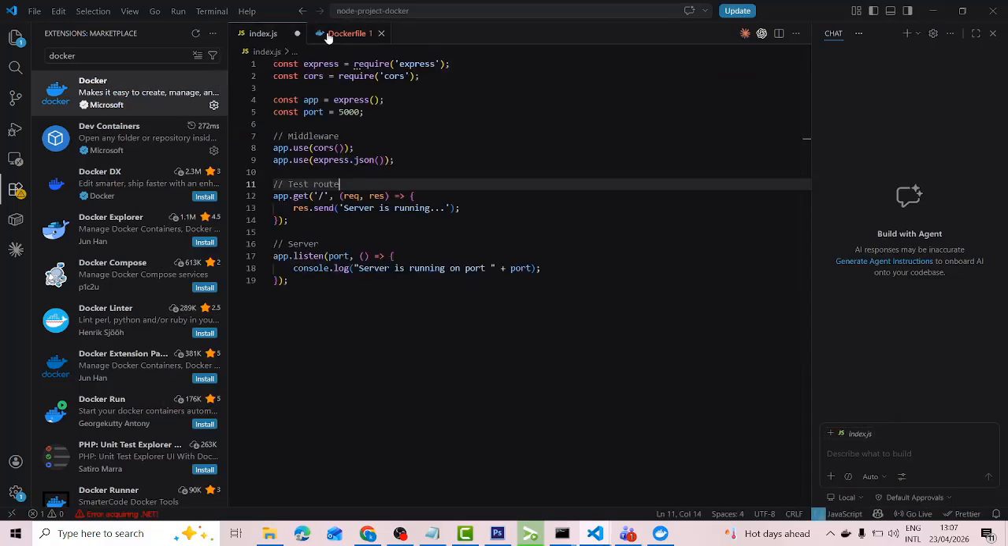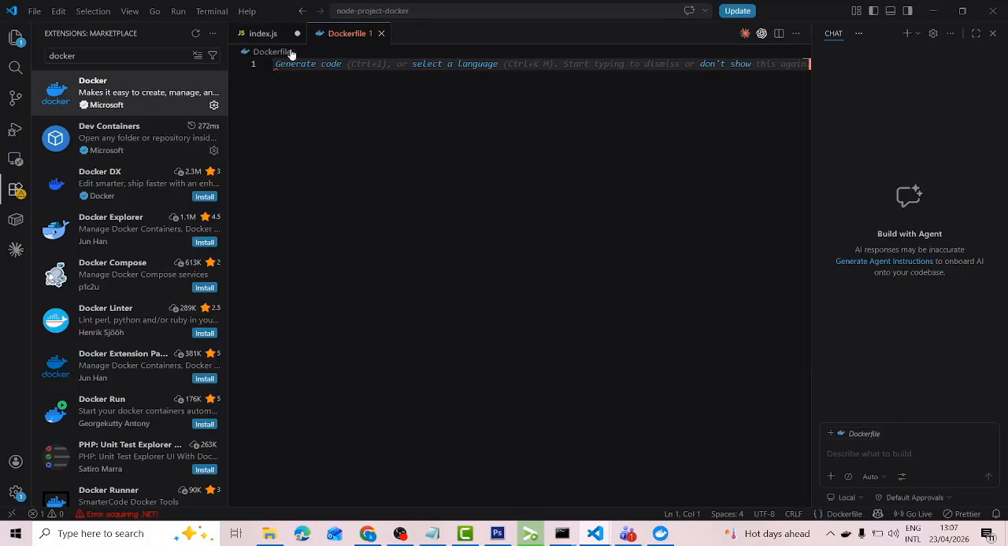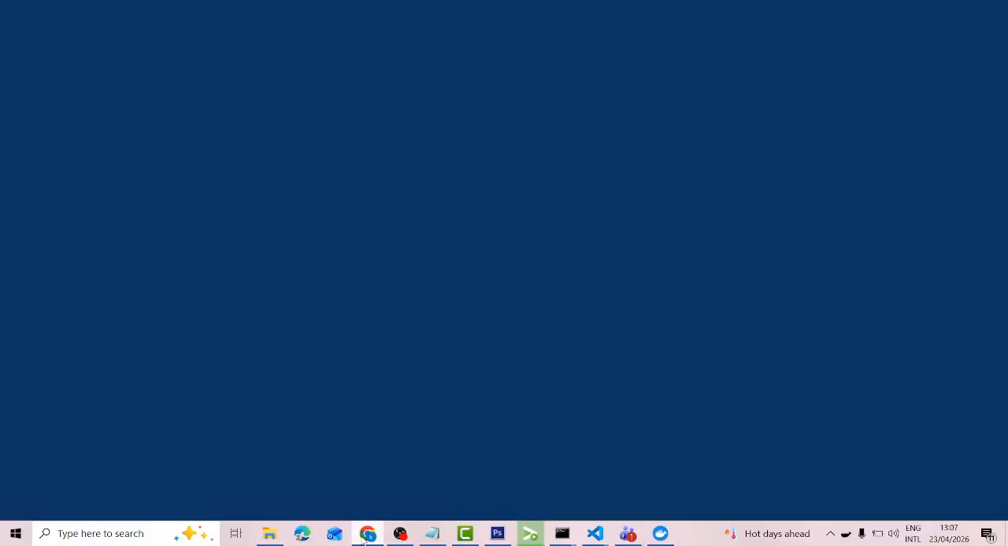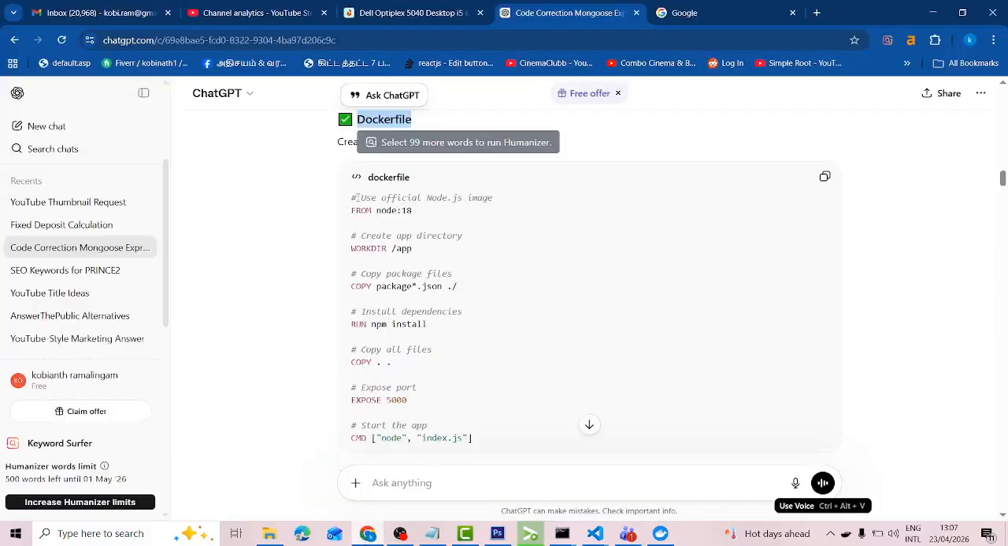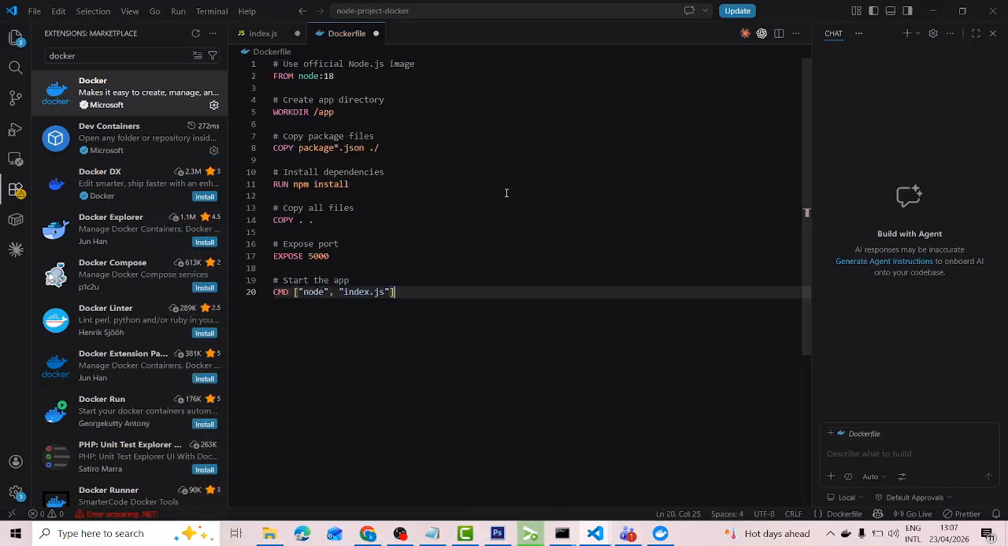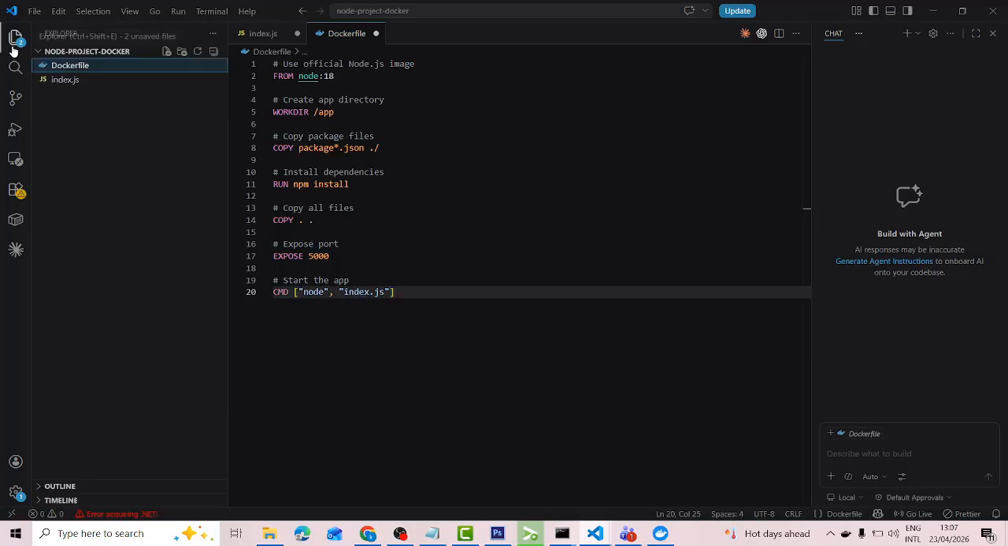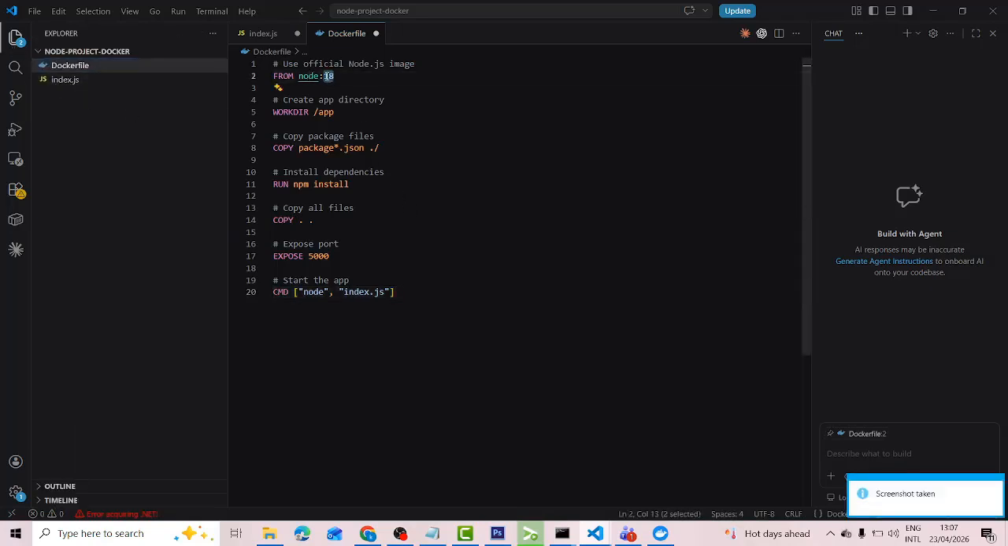Okay. The Dockerfile you have created. Now for the Dockerfile, you no need to write it. Just copy this and paste it. What you must know here is Node, this is version 18. You have to implement the versions. After the WORKDIR /app, you have to write it like this, then COPY